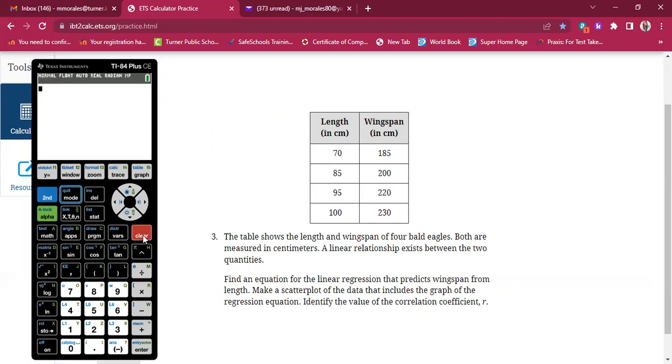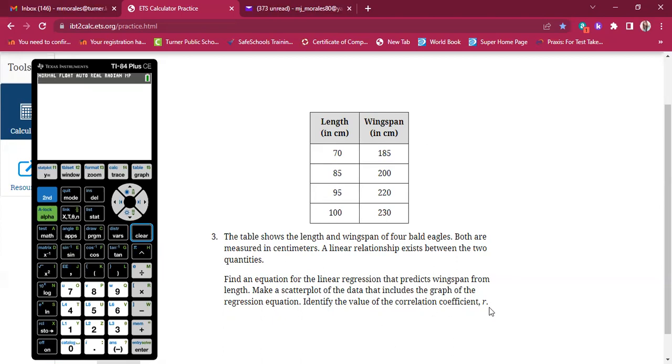I'm going to clear this out. So I want to find the equation. And of course, I want to find the value of R and make a scatter plot. So the first thing that I will do is change the setting of my calculator since I am asked for